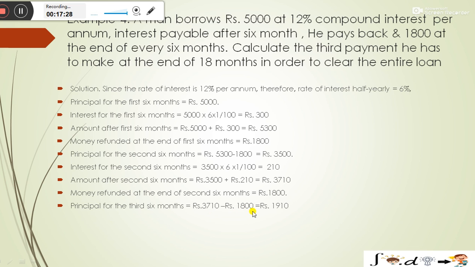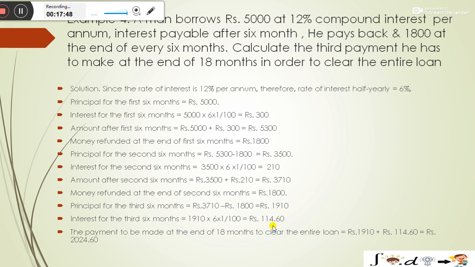ठीक है, तो प्रिंसिपल फॉर द थर्ड 6 मंथ विल बी 3,710 minus 1,800 that is equal to ₹1,910 and interest for the third 6 month that is 1,910 multiplied by 6 into 1 divided by 100 that is equal to ₹114.60 or payment be made at the end of 18 months to clear the entire loan।